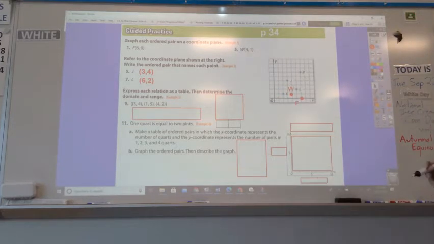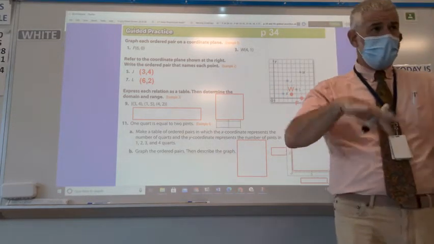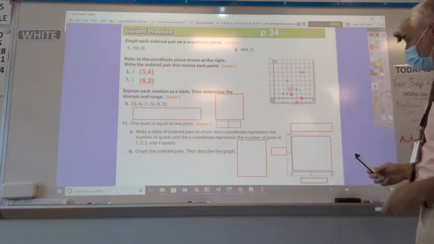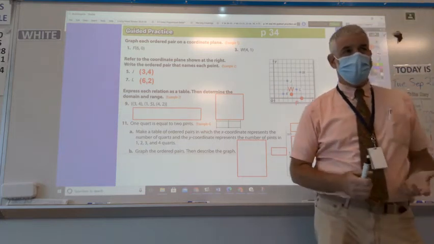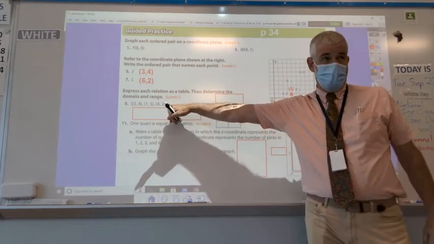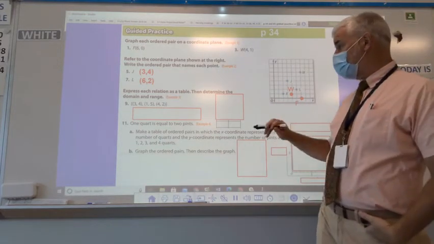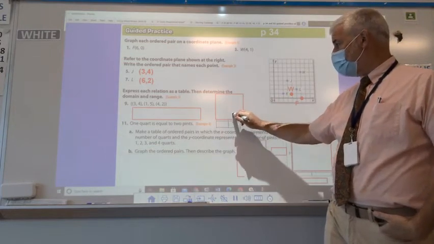All right. Express the relation as a table. We typically write, and you're going to write a lot of X and Y values that go together for the rest of your math career. It's a very common thing to have to do. They're almost always written in a table and not in a set of ordered pairs like this. Okay, so you can write that table 2 different ways. You can do it horizontally, like the template is set up there. Okay, so you have your